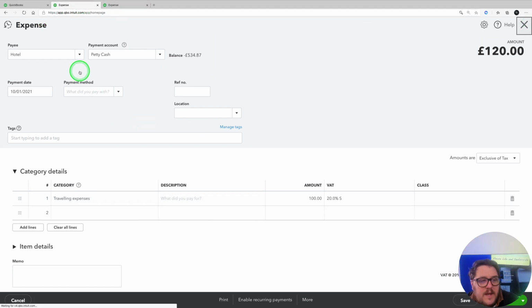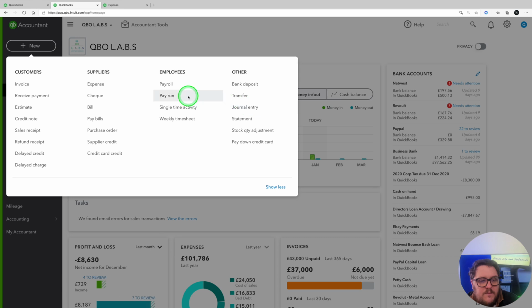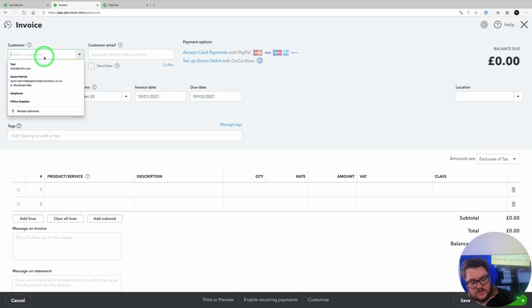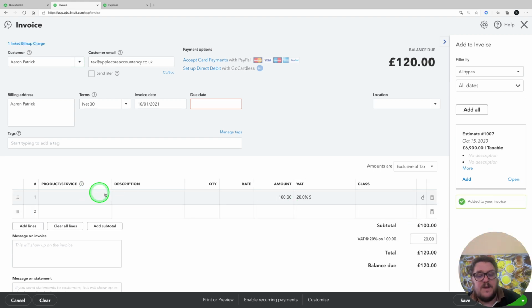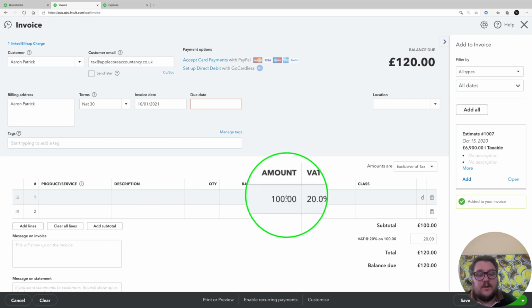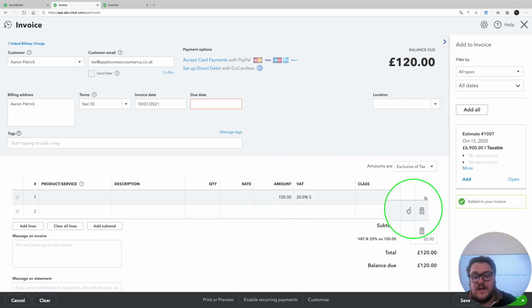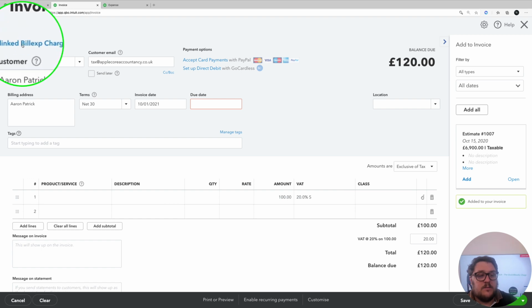Well, if I jump in and try and create a new invoice for Aaron Patrick, notice on the right hand side I'm getting some extra options. So there's my estimate that we did on a previous video, and here's that billable expense. If I add that in, it's now prompting me to include the extra £100 that I incurred, and there's even a little link here and a little option up here